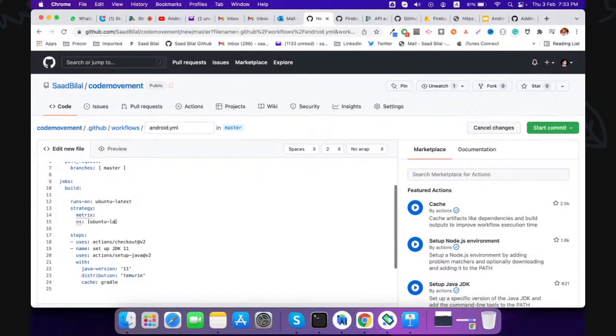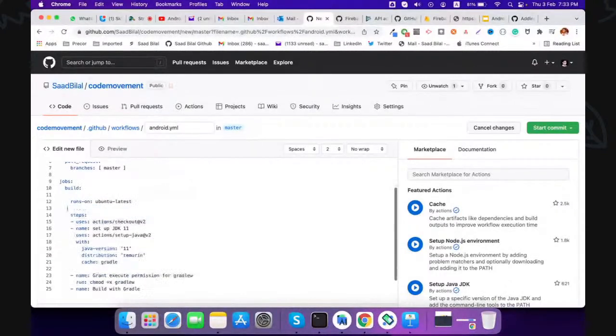Ubuntu latest here, and then Windows latest, and you can say Mac OS latest. So it will run all the build process. I'll tell you the steps later. All the build process will run on all these operating systems. So we do have this opportunity here,